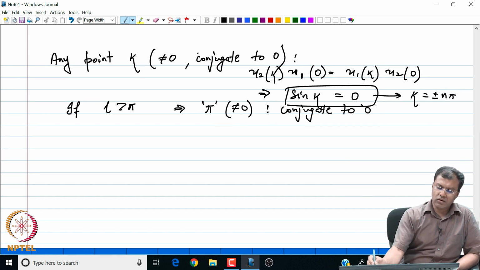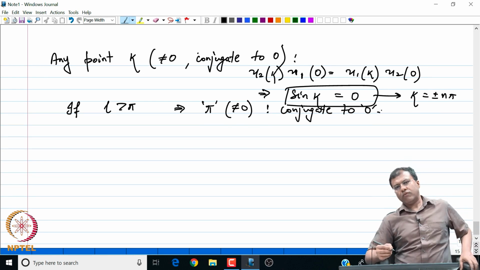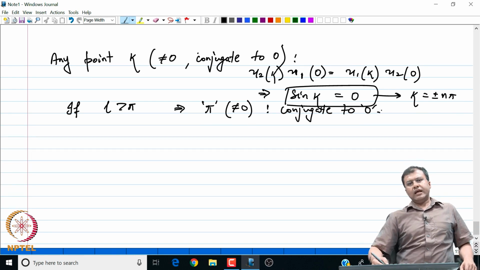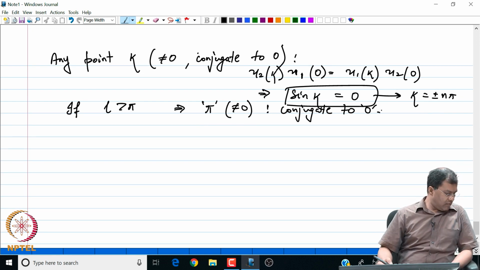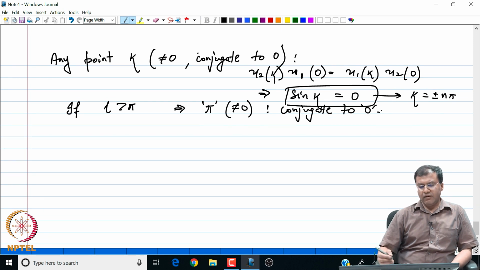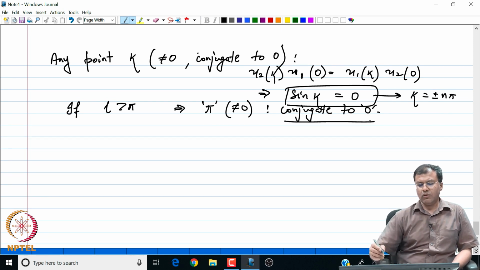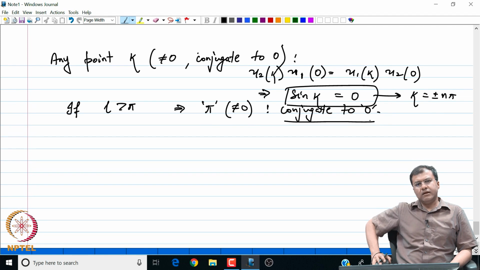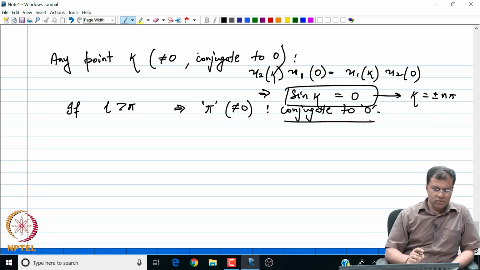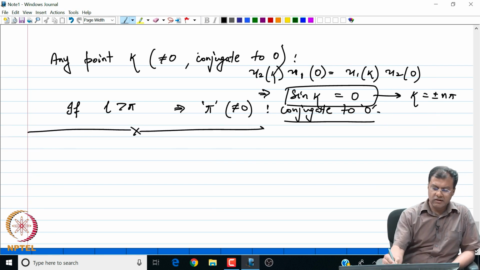So, the conclusion out of all this discussion is that we have found a point conjugate to 0, and later on we will see that for the same example, the moment we are able to find non-zero conjugate points, we are guaranteed that the extremal that we will get is neither the max nor the min. So that concludes this example.